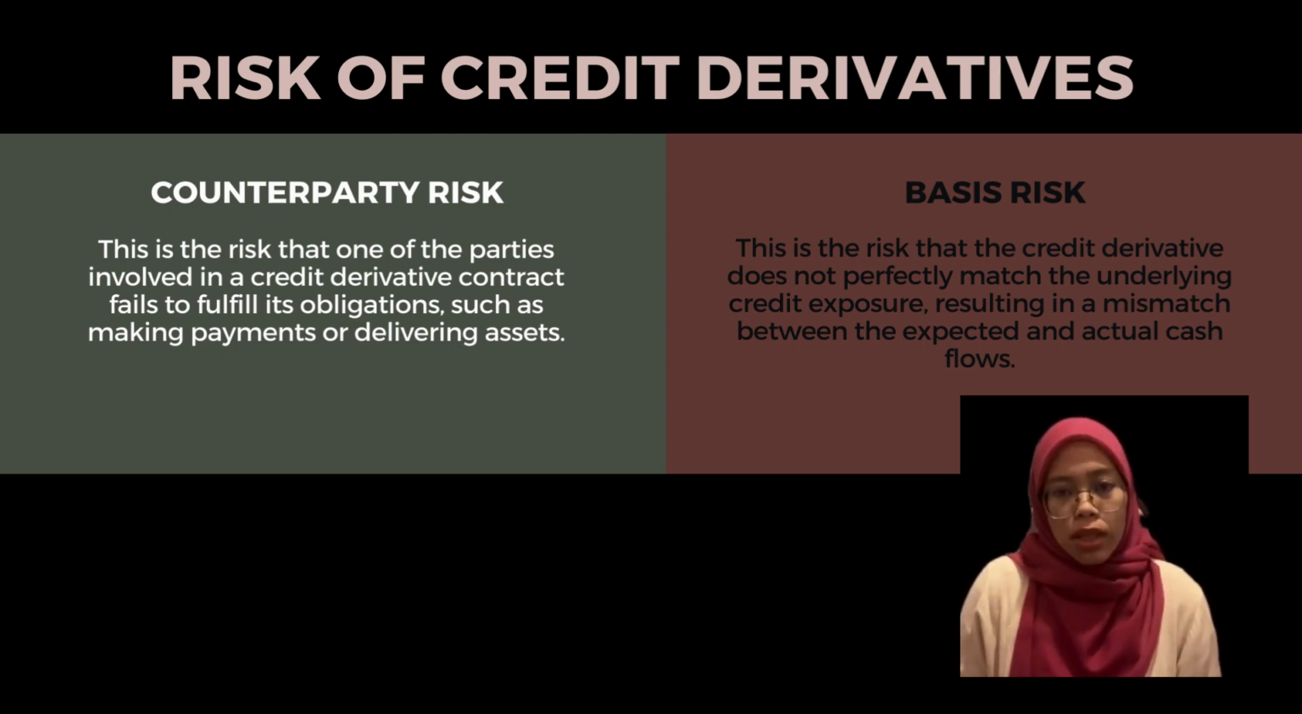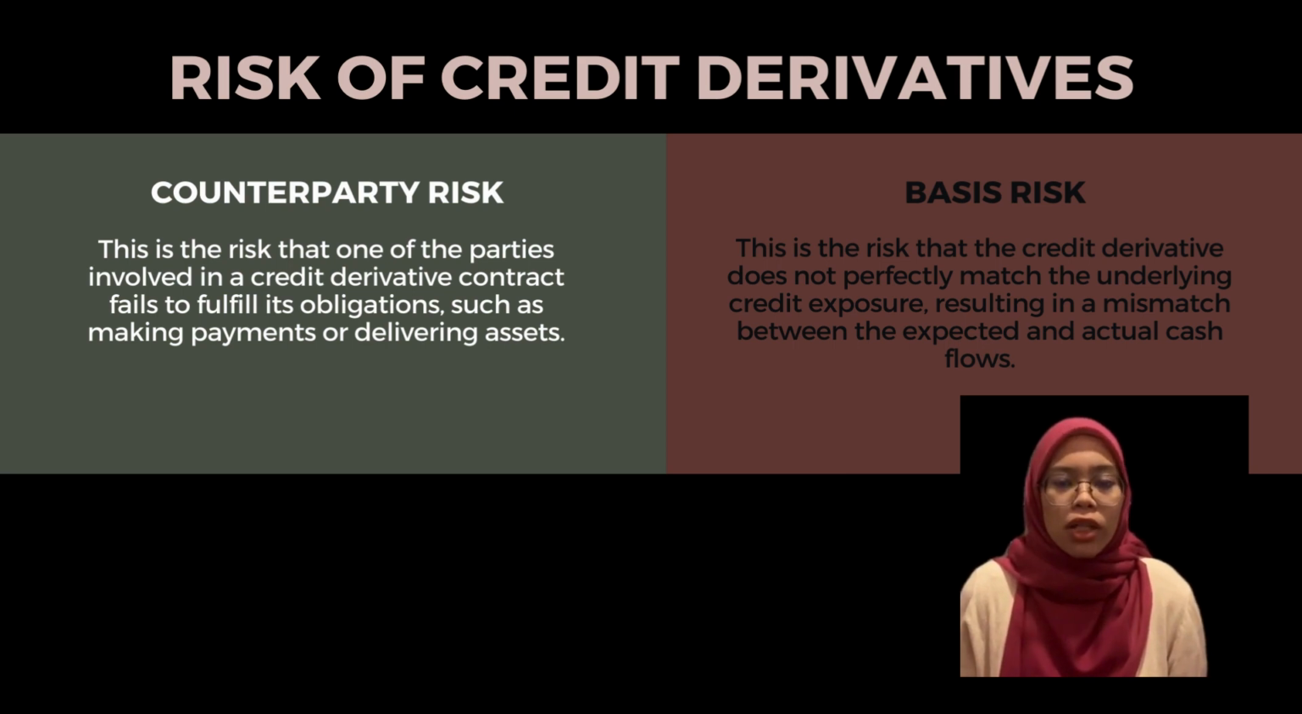For example, if a bank buys a credit default swap (CDS) from an insurance company to hedge its exposure to a corporate bond, the bank faces the risk that the insurance company will not pay the bank if the bond defaults. Secondly, basis risk is the risk that the credit derivative does not perfectly match the underlying credit exposure,